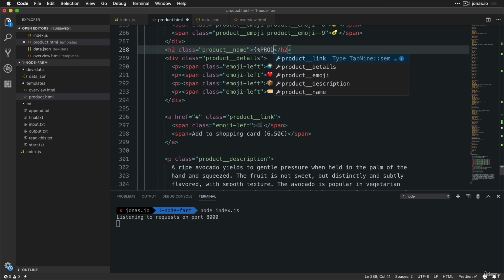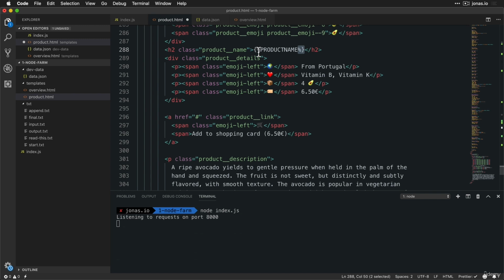So product name, and then the percentage, and then the curly braces. Again, this could be anything that we wanted, but we want to find something that is probably not on the page so that we don't replace anything wrong. So anything that we actually don't want to replace, okay? I could put something like this here, and then replace all of that. But I think like this, it looks nice and it's easy to recognize. And so all we have to do is to go ahead and